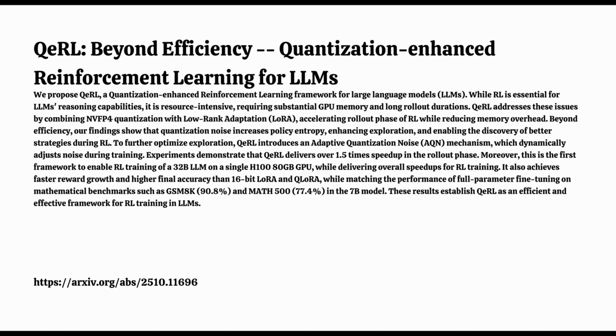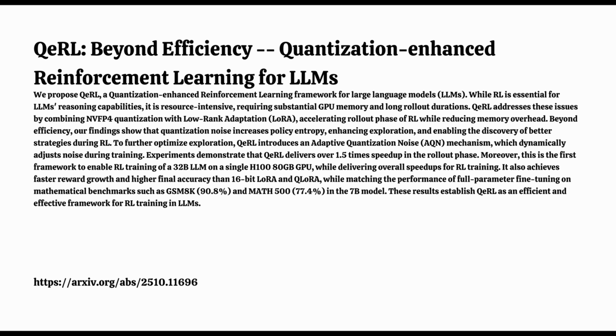So how do they manage that transition from exploring widely to zeroing in? They use what they call an AQN scheduler. It's basically an exponential decay schedule for the noise scale, which they call sigma. Think of it like training wheels. Okay, I like that. You start with the noise level quite high, say sigma start. It's maximum randomness, encouraging the model to try lots of different things, explore the whole space.